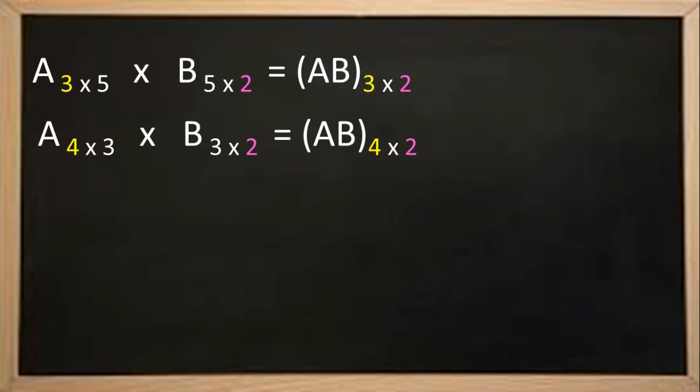Before that, let us observe some more examples here. A is of the order 3 by 5, B is of the order 5 by 2. 5 and 5 are the same: number of columns of the first matrix, number of rows of the second matrix. Hence, what will be the order of the product AB? It is 3 into 2. Similarly, consider one more example. Matrix A is of the order 4 by 3. Matrix B is of the order 3 by 2. So, the first matrix's number of columns is 3, second matrix